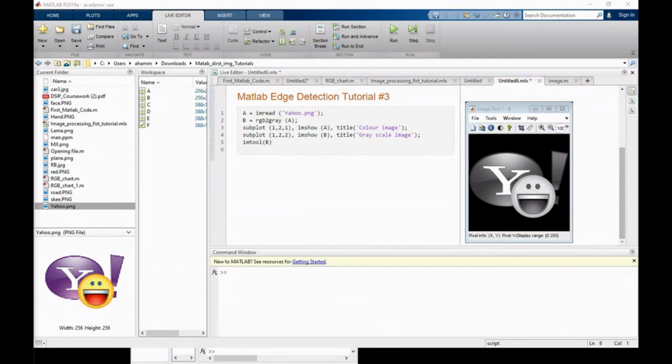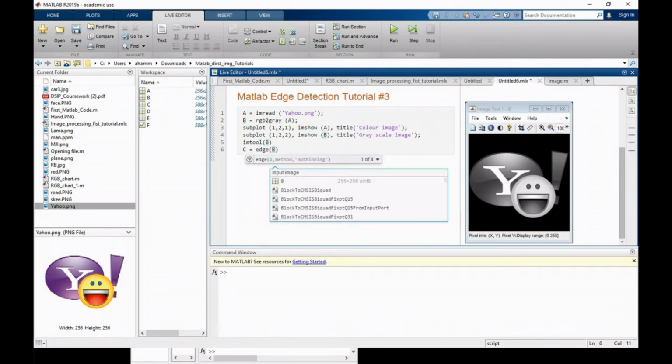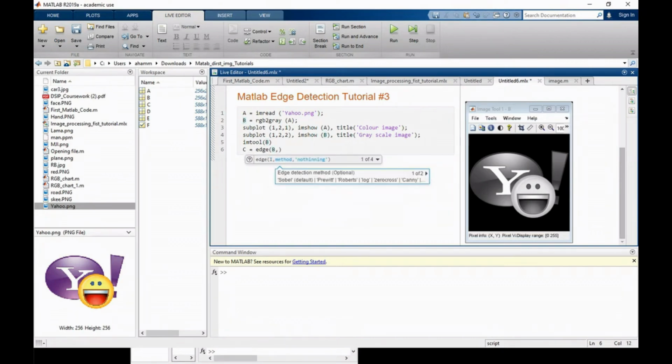So Sobel, I'll go, the variable name I give is C equal edge, bracket B, comma apostrophe. The name of the command is,